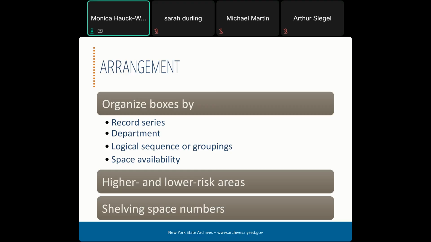But regardless of how you arrange your boxes, you should assign location IDs to the shelving units or the shelves, say row, unit, shelf, space, and label as appropriate. This makes it easy to memorialize the fact that box number 12345, which contains payroll records from 2024, is in location row 5, unit 2, shelf 1, and space 3.